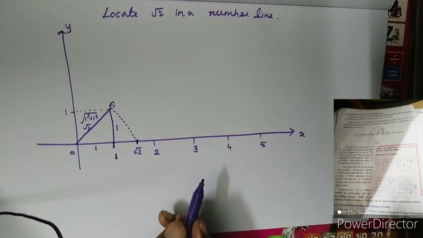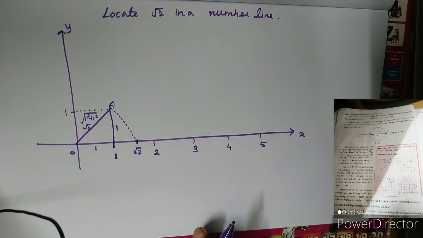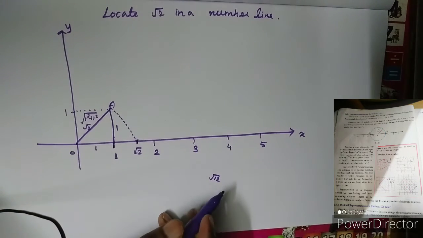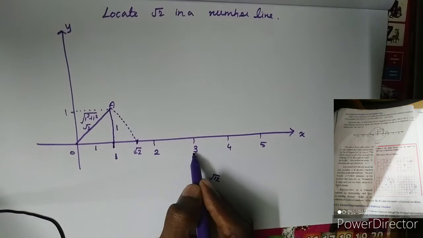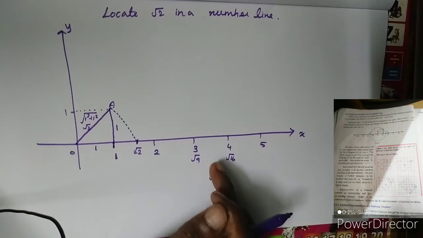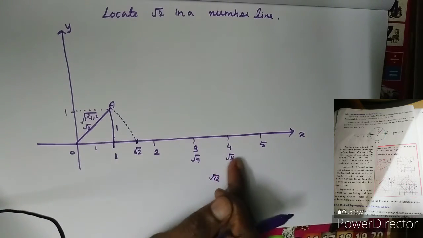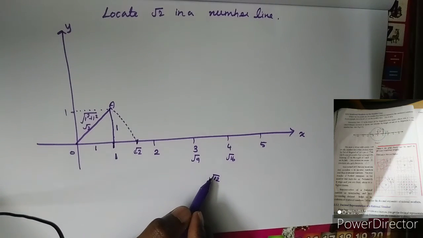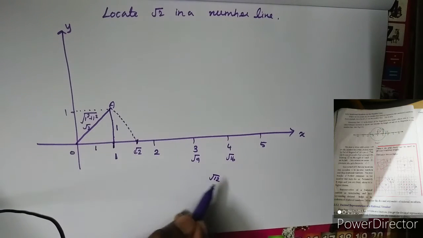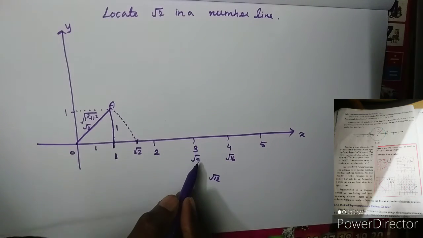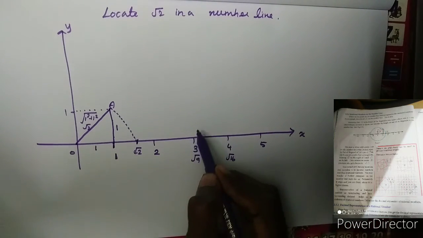Then how to find root 10? Root 10 is actually easy. Come to root 12. Root 12 lies between 3 and 4, because 3 is root 9 and this is root 16. Therefore root 12 belongs to this particular interval. Now you want to verify root 12. The previous number root 11 is also irrational. So come to the previous, root 10, also irrational. Come to the previous, root 9. Root 9 is rational. Therefore you want to consider root 9.